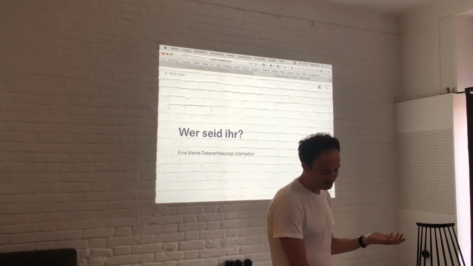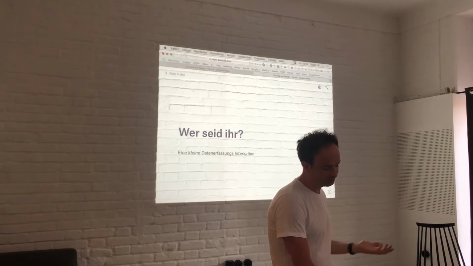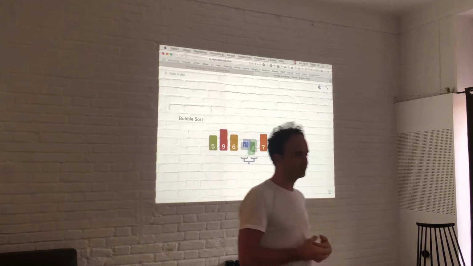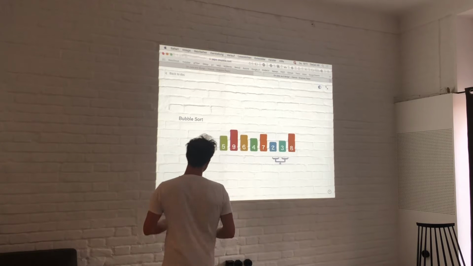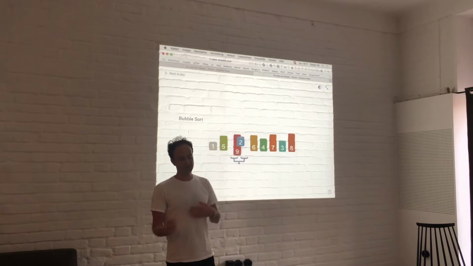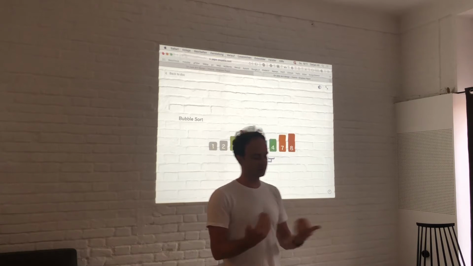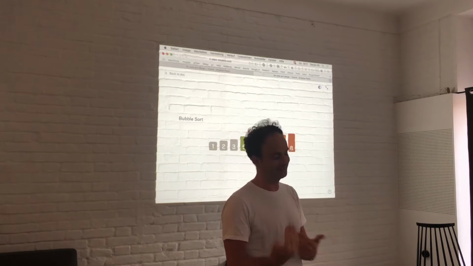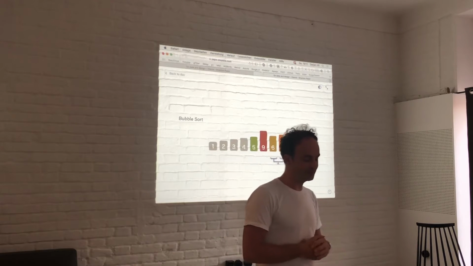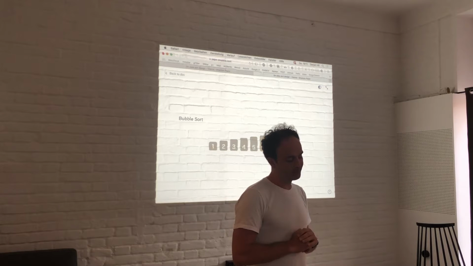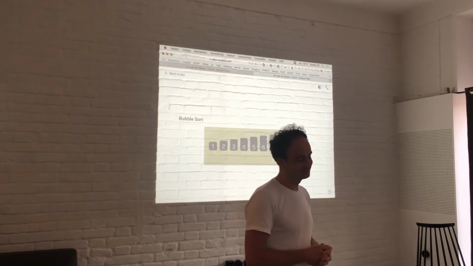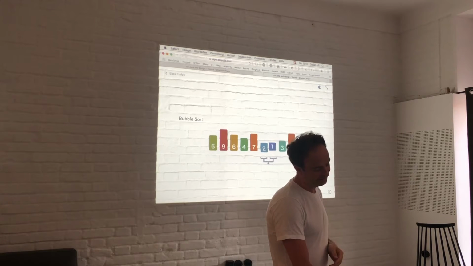I think some of you, or probably most of you, know the bubble sort mechanism. Bubble sort means that you are comparing yourself, or kind of the number, to your neighbor, and the idea is that